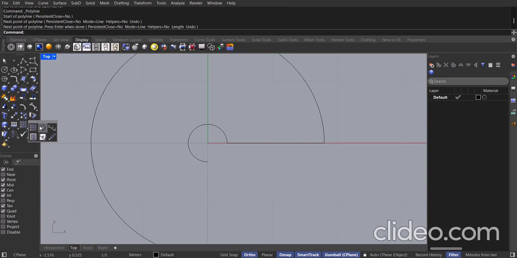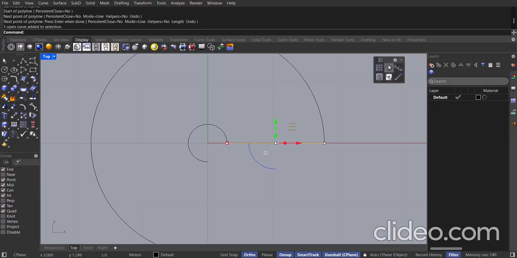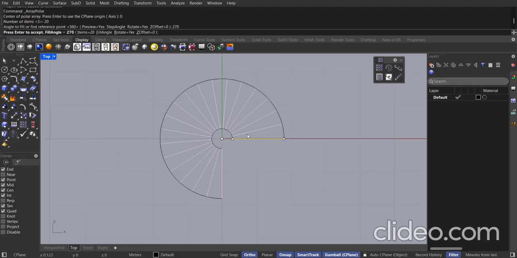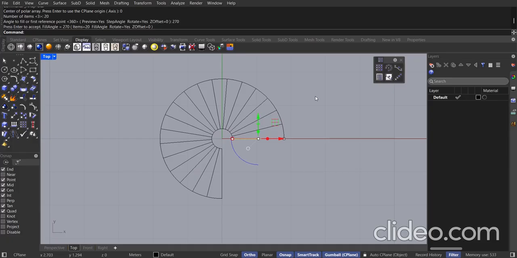I'm going to choose polar array. Pick this line, choose polar array, take the origin point, 0 enter, and I'm going to choose around 20 steps to go from level 0 to level 3 and press enter. Now I'm going to select all,